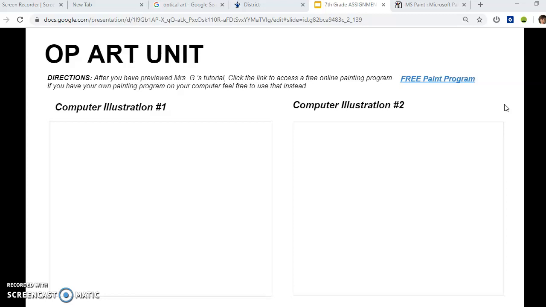This tutorial is to get you started on how to create optical illusions using paint programs on the computer. This is your slide that you'll be inserting your completed illustrations on. You're only required to do 2 for your assignment. It's a pretty easy assignment this week, but I think some of you are going to really like it, so you may add up to 4 of them, but again, you only have to do 2, and I provided you 2 slides to place your homework